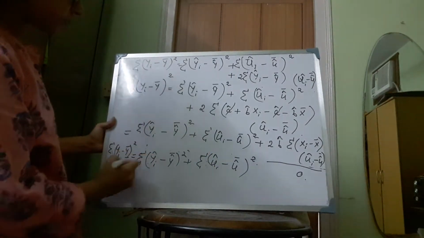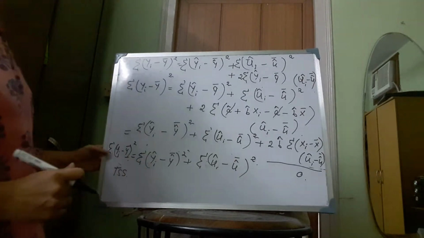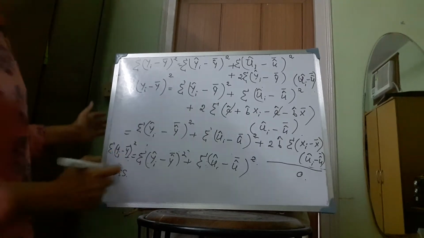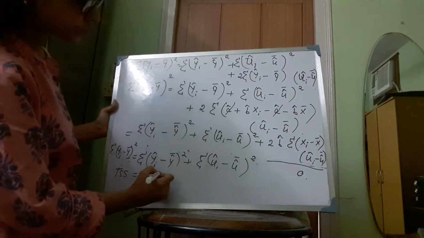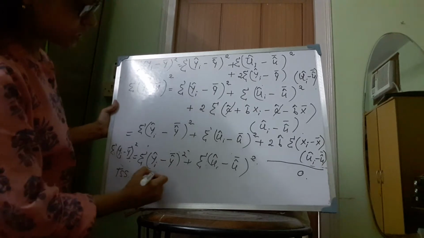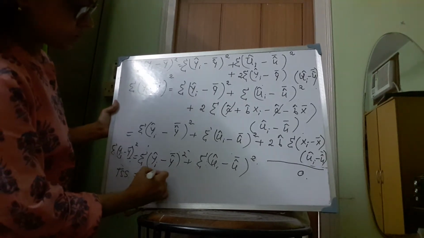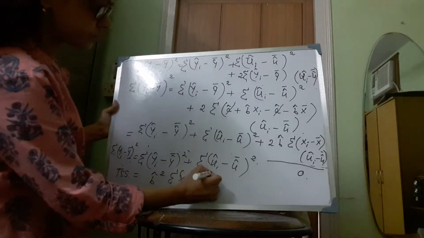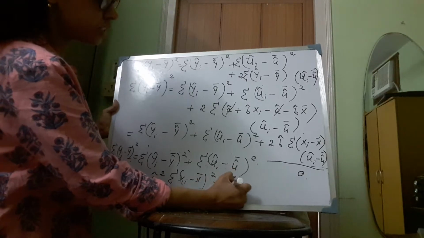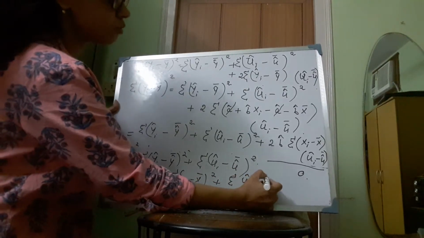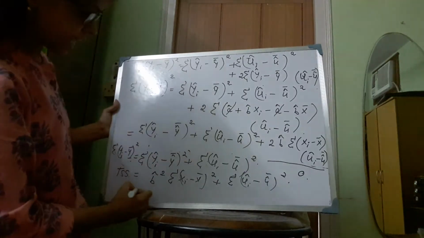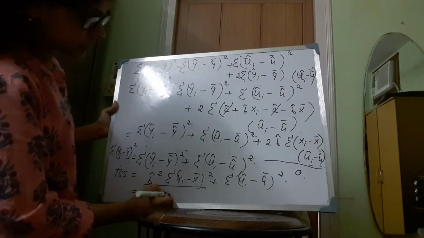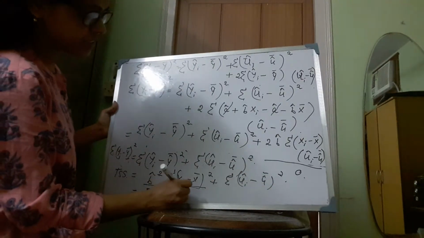Now this term is the TSS, total sum of squares. This represents the sum of the squares of the deviations of yi from y bar. On the right hand side we have this term, which can be written as b hat square, then summation of (xi minus x bar) whole square, and then this term is summation of (ui hat minus u hat bar) whole square. Now on the right hand side, the first term is the ESS, estimated sum of square, and the second term is called the RSS, that is the residual sum of square.